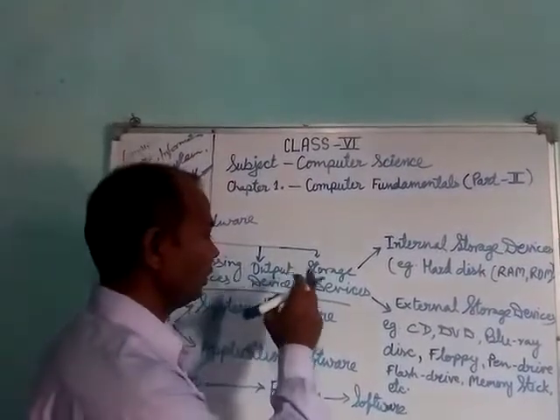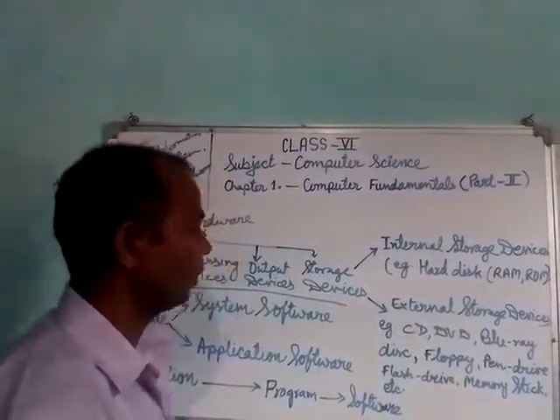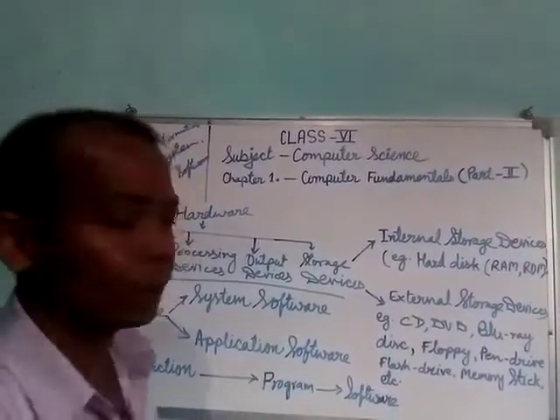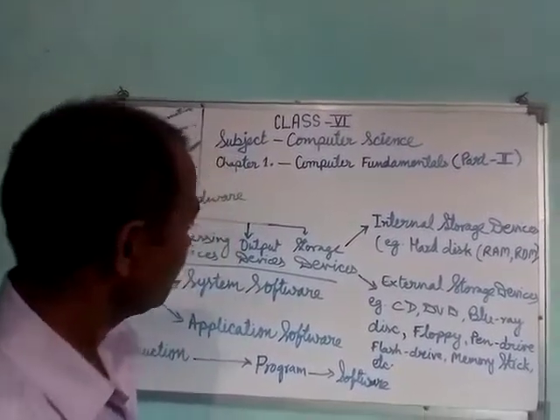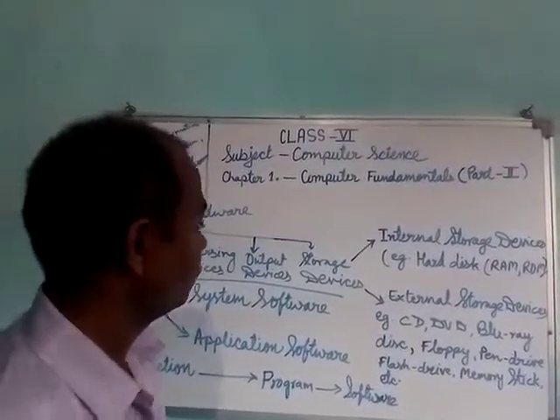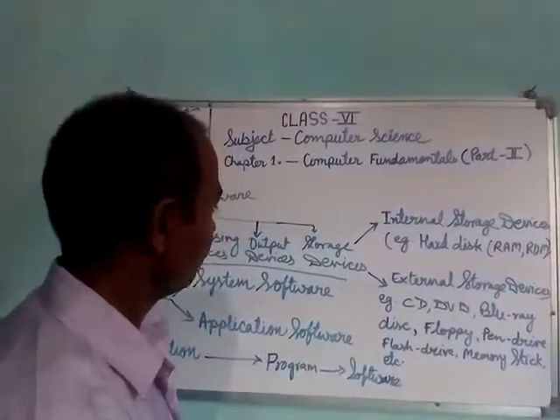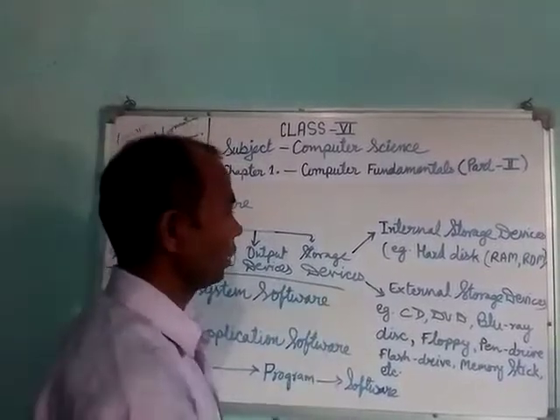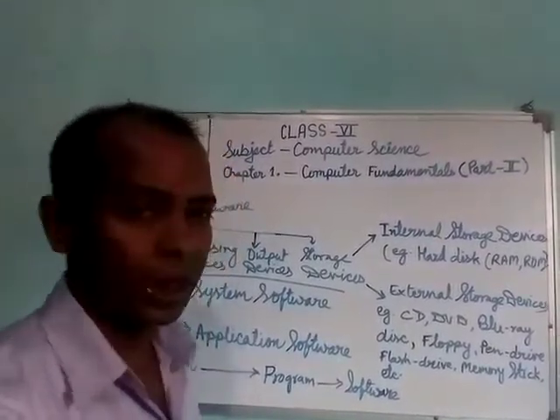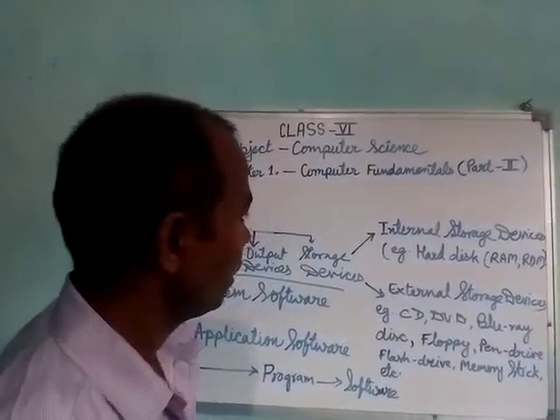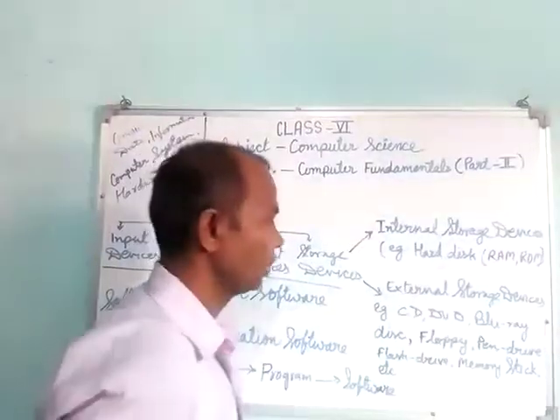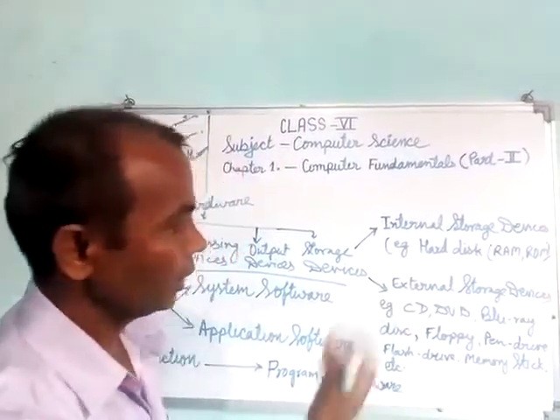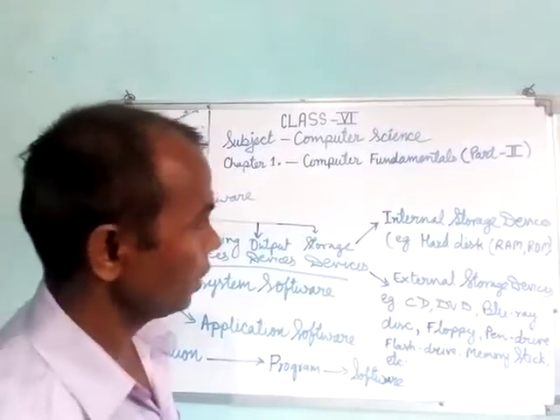So this is a type of device in which we are doing the storing. We can store for future use, whenever we have to use it the next time. So we can utilize it from the storage device. We can do storing in two ways, either inside the computer, within the computer. So this is the internal storage device. Whenever we are storing in the hard disk, RAM and ROM, this is the internal storage device.